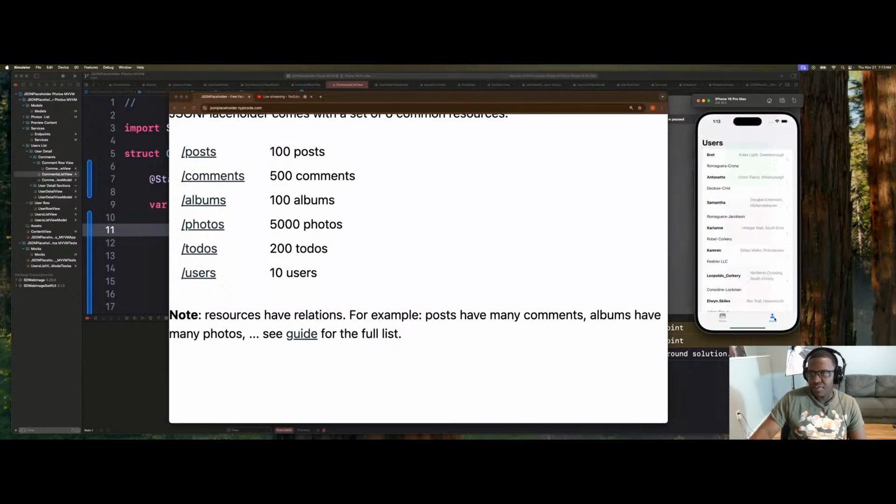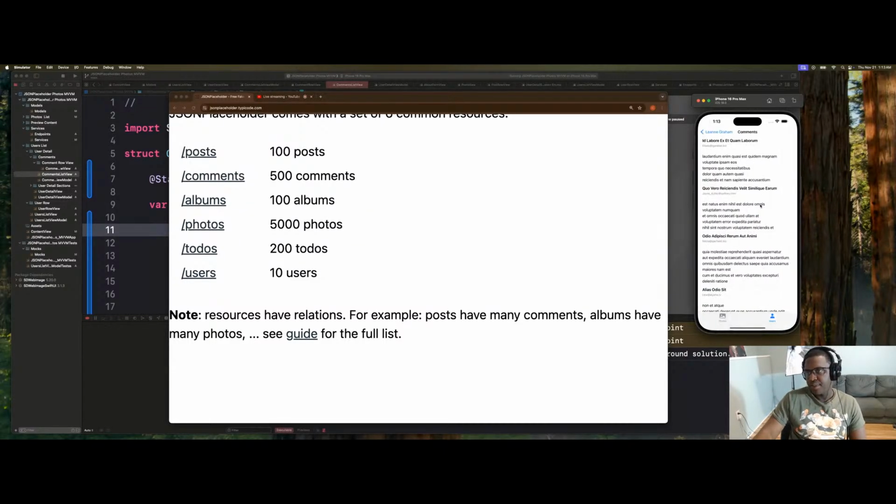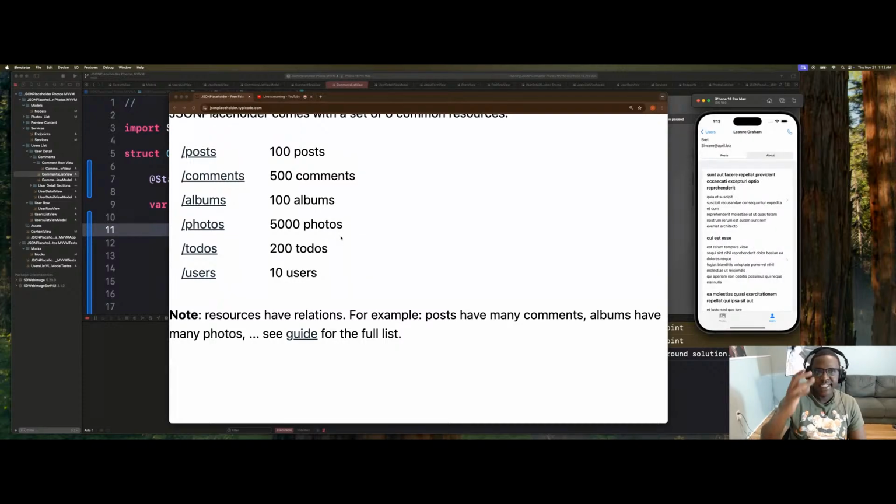And then we have another screen that uses our users, which is this endpoint right here. And we use that data to show the info for each user, and also show the posts that each user made. You feel me? So that's pretty good. So one other thing that this JSONPlaceHolder API offers, and I'll put this in the comments so you can check it out,